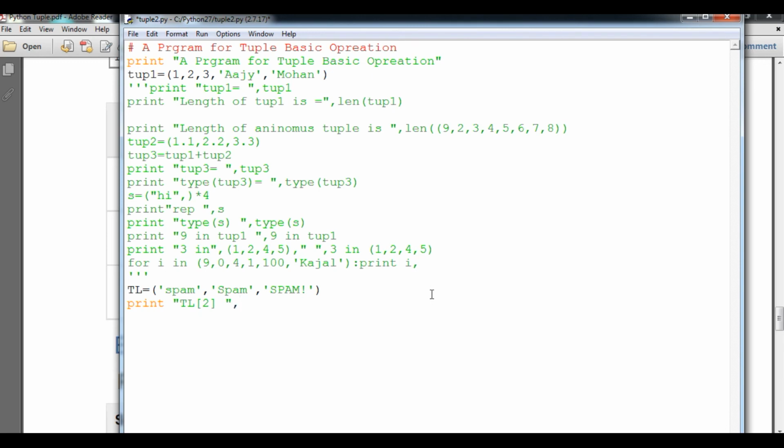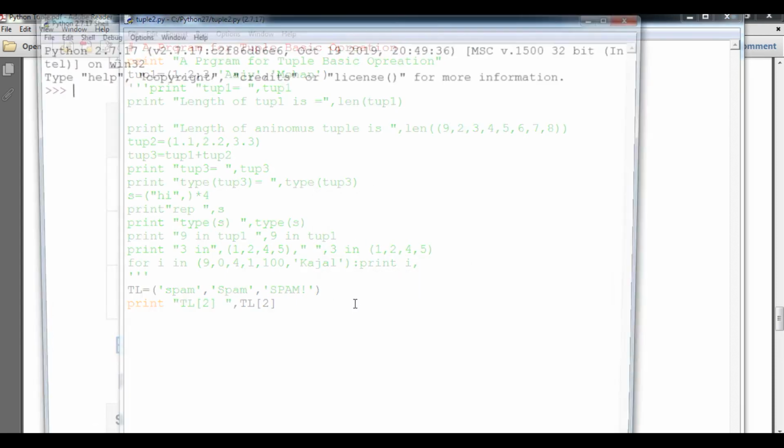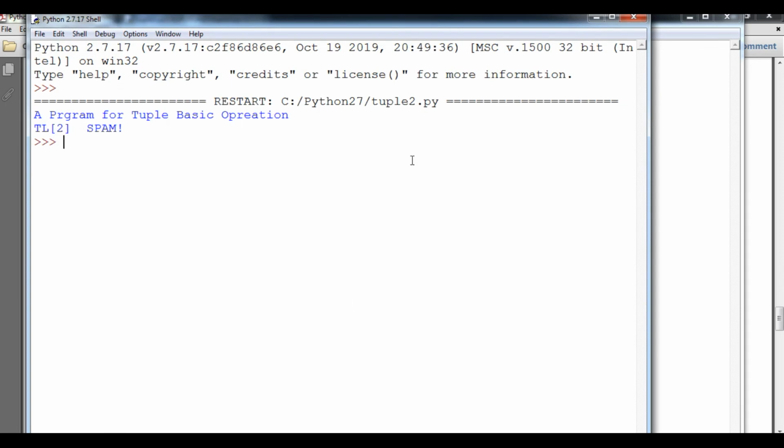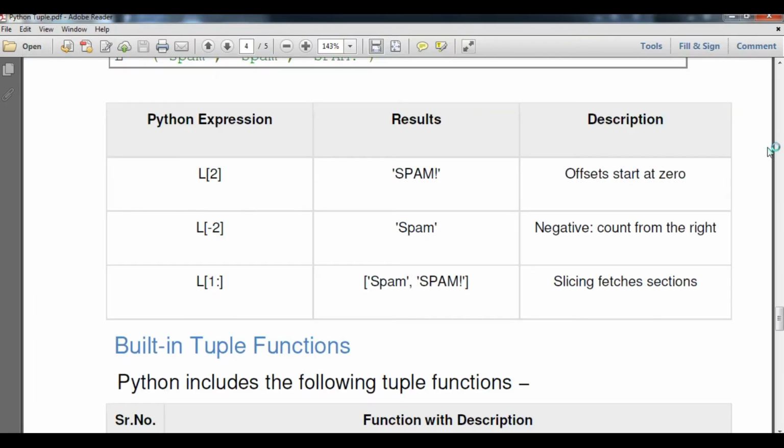In this condition, what is the output? TL[2] means 0, 1, 2, so the capital SPAM will print here. So you can see SPAM in capital format.